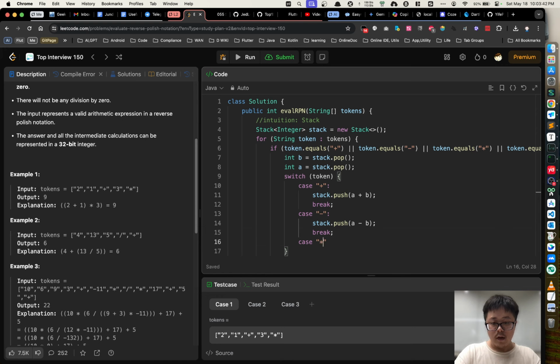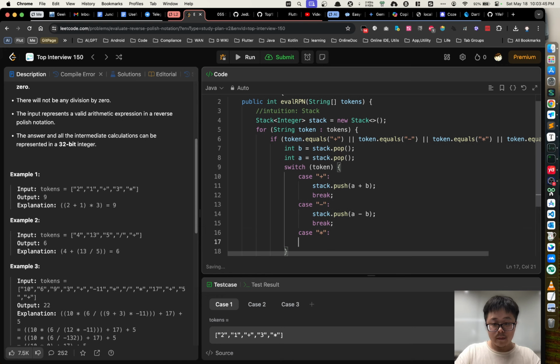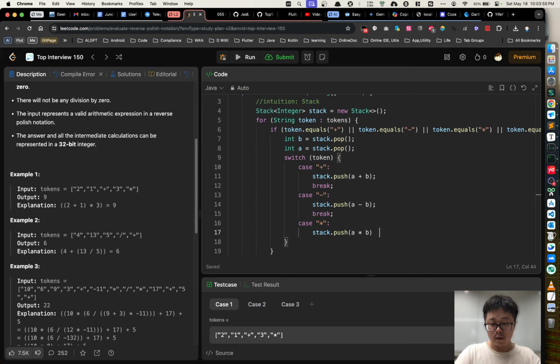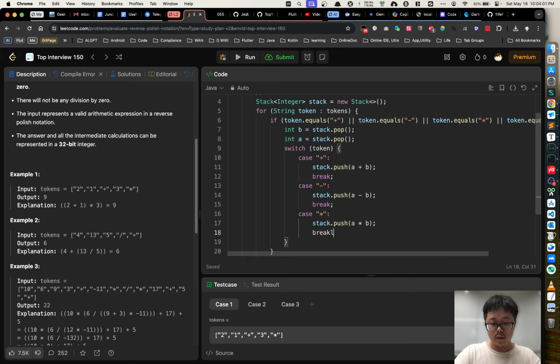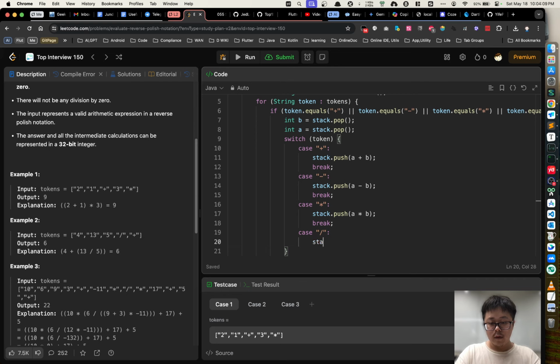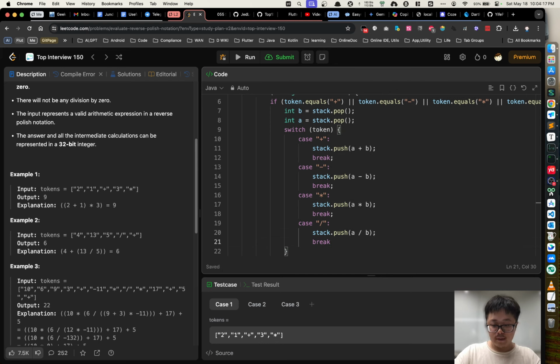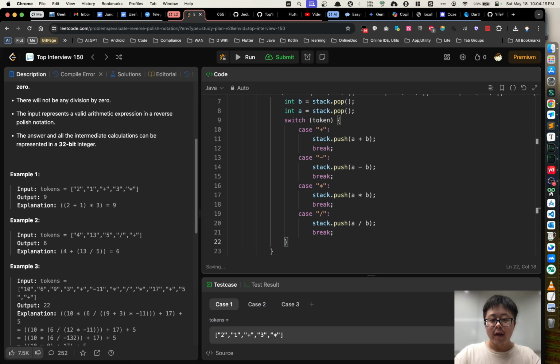And if the token is a times symbol, stack.push A times B. Oops. Break it. And if the token is a division symbol, stack.push A divided by B and break it. And out of the switch